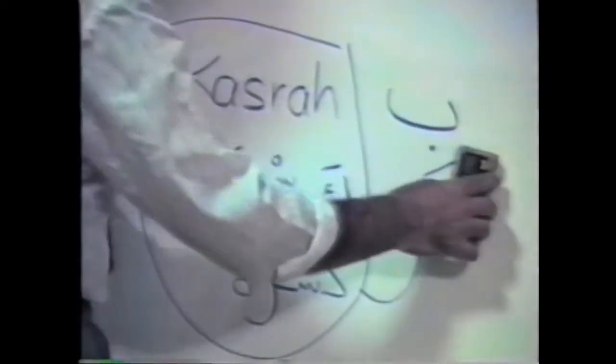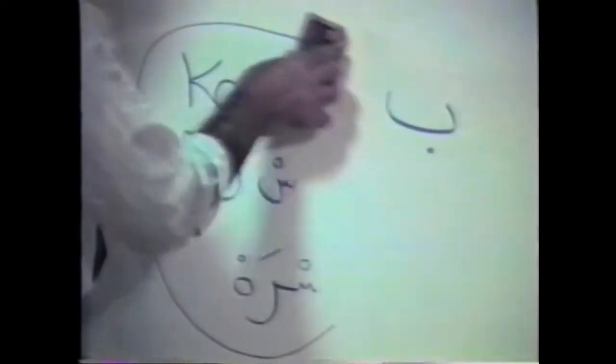The next vowel is the little comma on top of the letter that makes it boo. And that little comma, when you put it on top of the letter, makes it boo. The name of this vowel is damma, the heavy D. Damma. So you take this letter and write it here. It is the heavy dad,